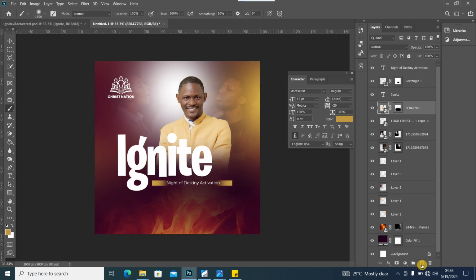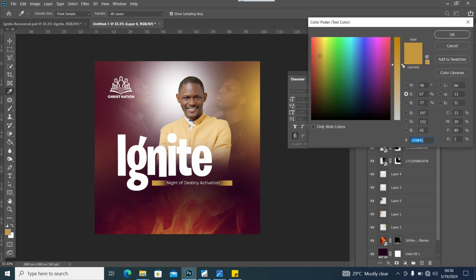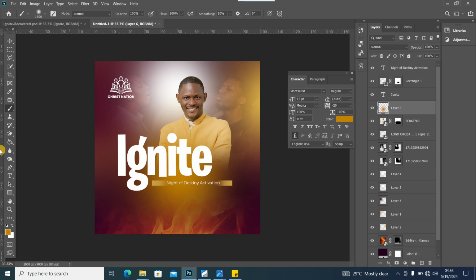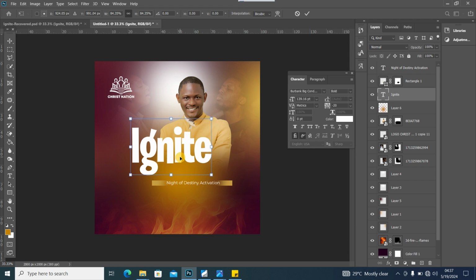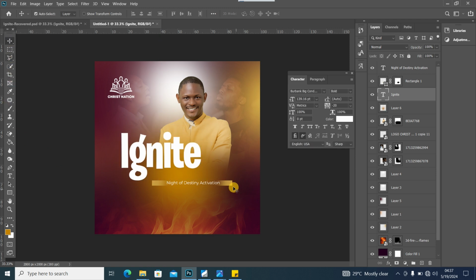Delete that. I want something a little more saturated, so I'll select that, go to my saturation, increase the saturation, just dab like that, and I think that is okay. Now I'm going to move this up a little. I feel like it's a little too big. Control T. Yeah, position it there, and I'll move this up and this too. Okay, I think everything is well positioned, and now I'm going to add a circle here with the name of